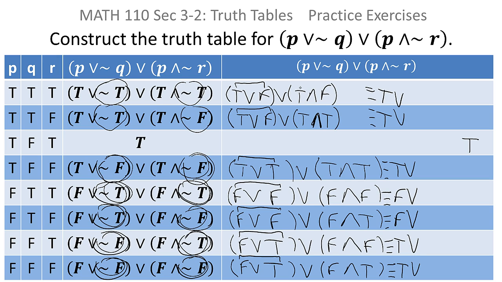And then I want to go here, and I have true ANDed with false is false. True ANDed with true is true. True ANDed with true is true. False ANDed with false is false. False ANDed with true is false. False ANDed with false is false. And false ANDed with true is false. And finally, last step,